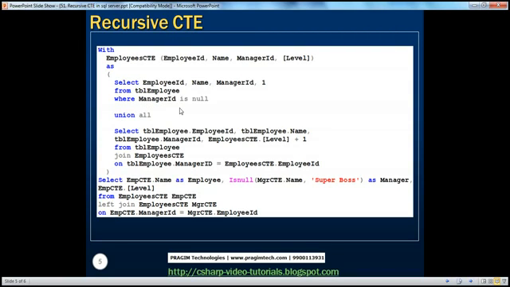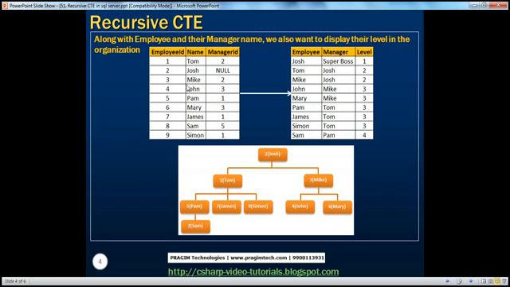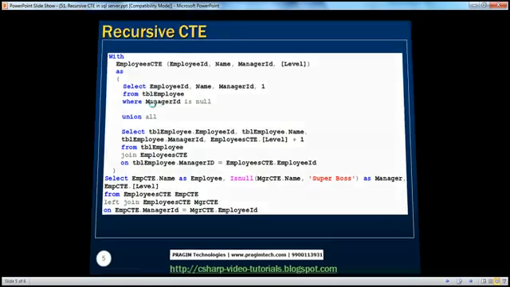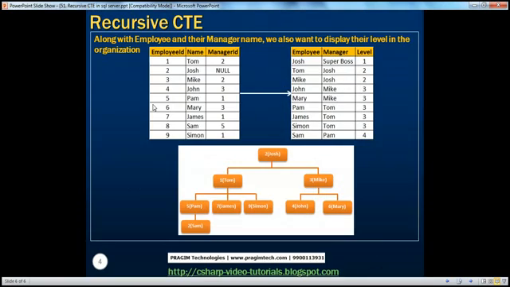So if you look at this query, from this table TBL employee, we are selecting employee ID, name, manager ID, and then a hard coded value of 1 from TBL employee where manager ID is null. So for which record is the manager ID null? For Josh record, manager ID is null. So we only get Josh record, and Josh is the super boss in the organization and he should get a